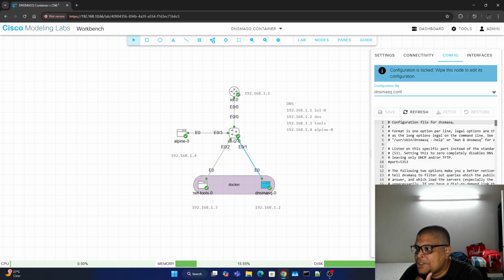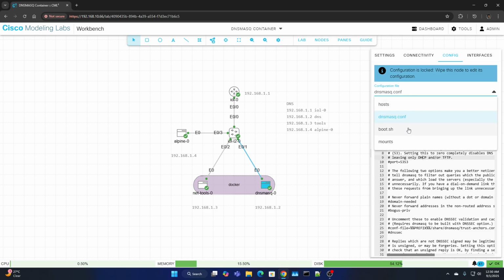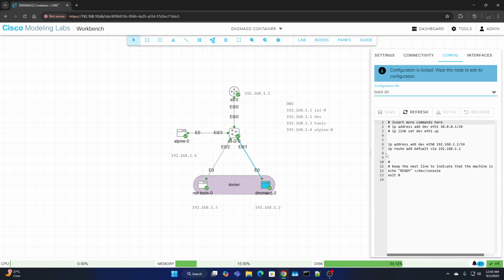Let me remove my picture. So here is the DNSMASQ config file. You don't need to change this. The boot sh script should have the static IP for DNSMASQ and a default route. The default route is not really needed, but it should have